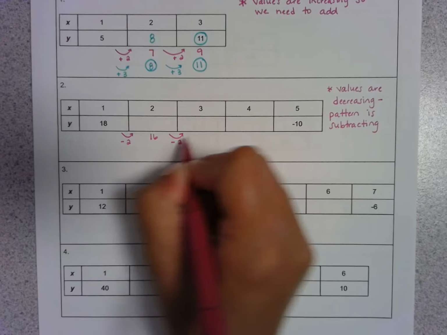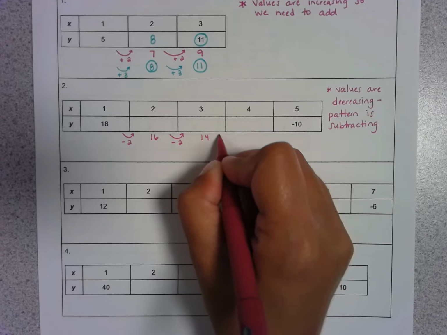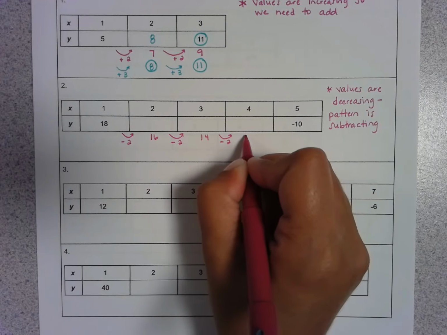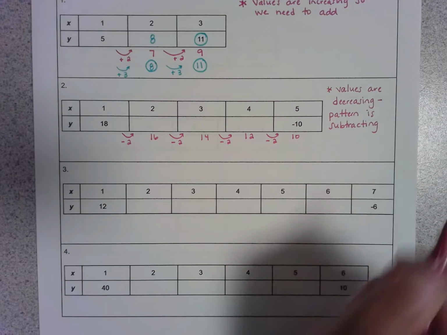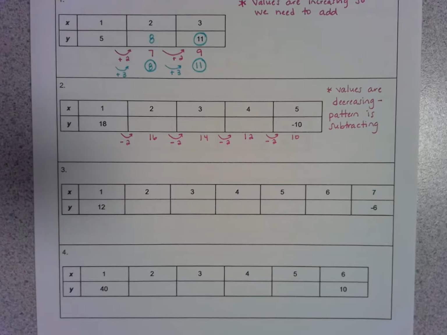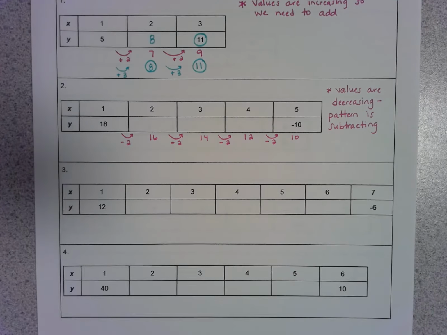If I subtract 2, then the next number would be 14. If I subtract 2, the next number would be 12. And if I subtract 2, the next number would be 10. Now, 10 is not the same as negative 10. So since I want to become negative at the end, I need much smaller numbers as my answer, which means instead I might try subtracting